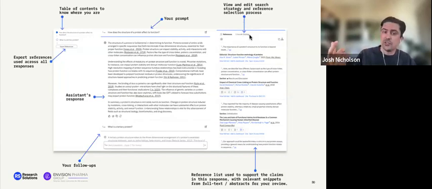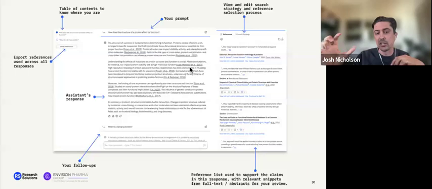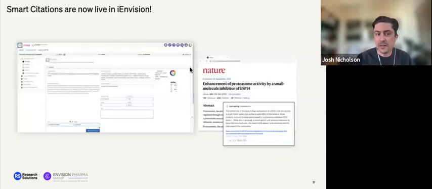It will generate a search strategy. You can see what that search strategy is. You can edit that search strategy. It gives you this nice output. You can hover over these different citations and you can compare. Here's what the machine wrote and here's what we're validating against in the literature. So leveraging smart citations to, again, build trust at the research article level, but then also with a powerful AI assistant. And so I'm very happy that we're now integrated directly into iEnvision, and as Jon will walk you through, a variety of other tools,